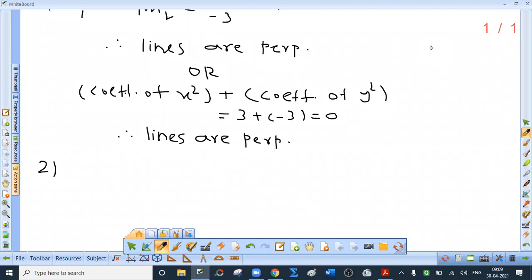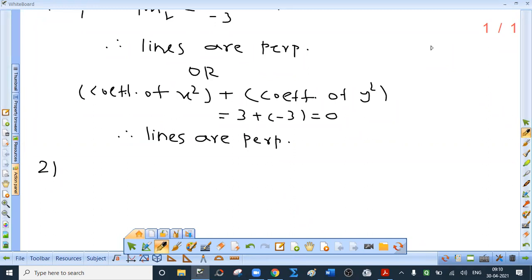Comparing x square plus 6xy. Comparing. Don't write "compare" in pair. Comparing x square plus 6xy plus 9y square equal to 0 with ax square plus twice hxy plus by square equal to 0